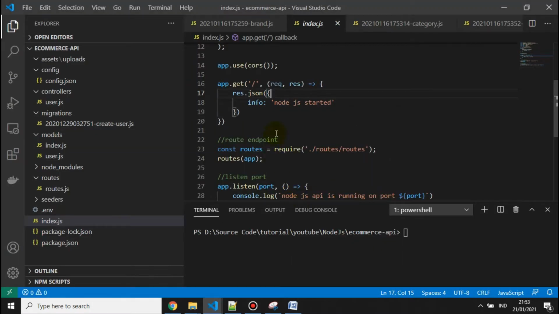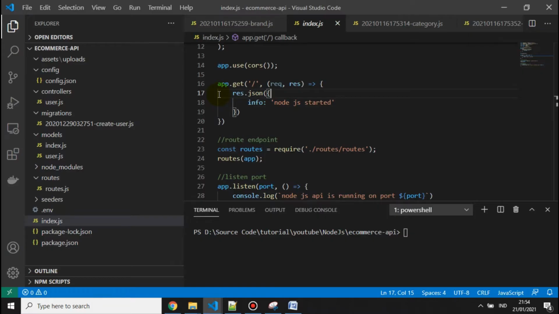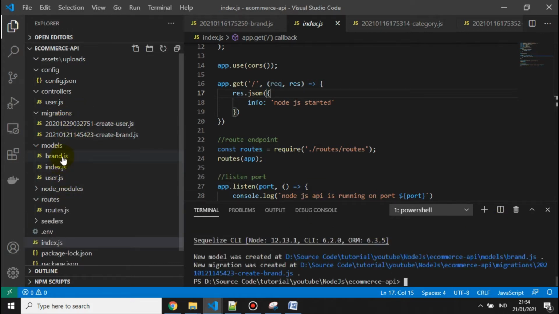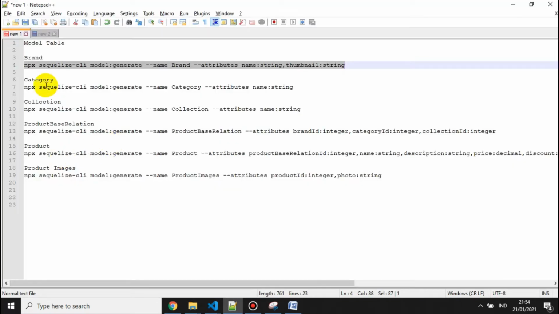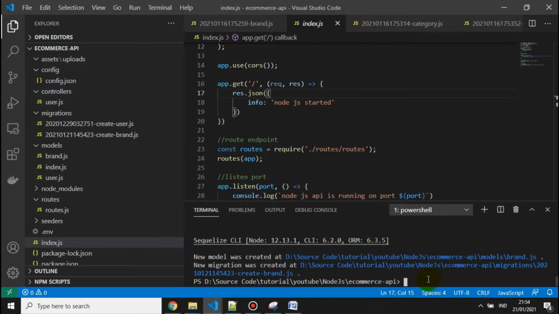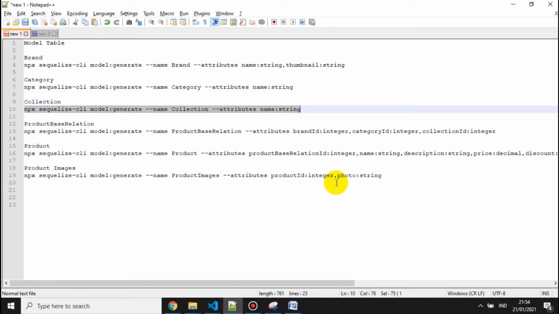Let's go to Visual Studio Code, and the first thing that we need to do is create models from tables. And here I already created the command line to make it quick, so we just need to copy here and paste in the terminal. So let's just enter, and then the migration and model will create a new file. So we do it for all table models here, just copy and enter. We also copy for collection,